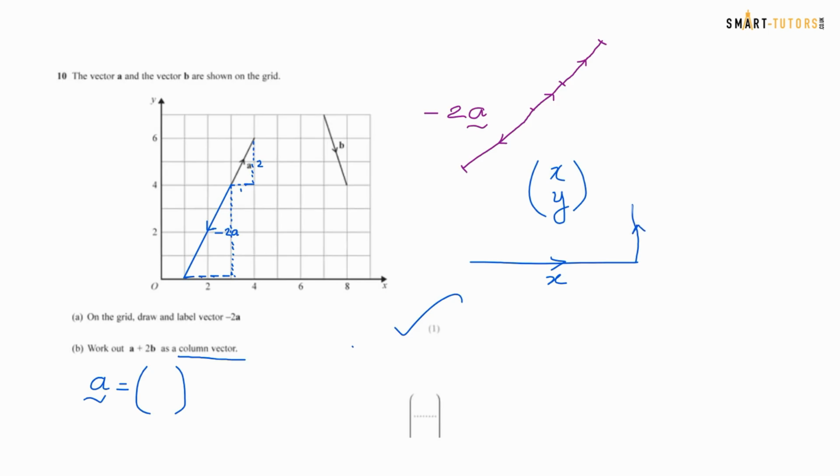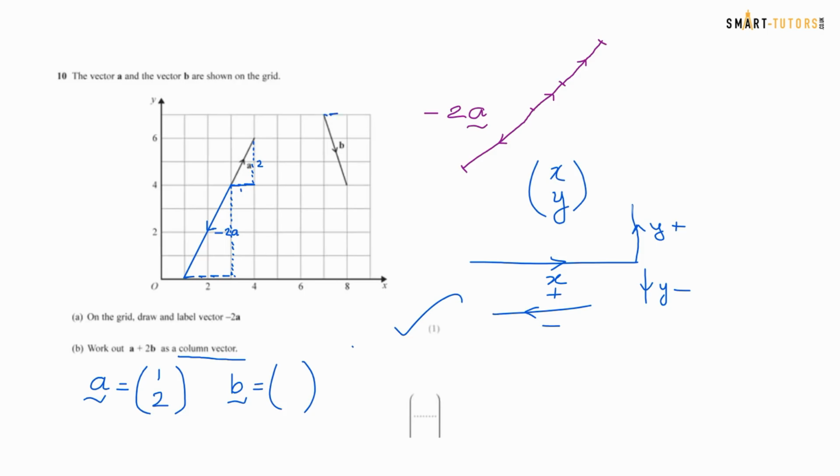If you remember, along the corridor, up the stairs, so this is the x and this is the y. Anything to the right hand side is positive, anything to the left hand side is negative, anything upwards in the y direction is positive, anything downwards in the y axis is negative. So right and up is positive, left and down is negative. Let's start with the a. So vector a, x unit is 1, so 1 on the top and up 2, so the y unit is